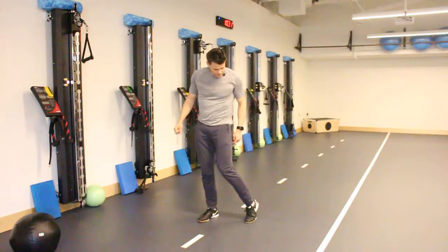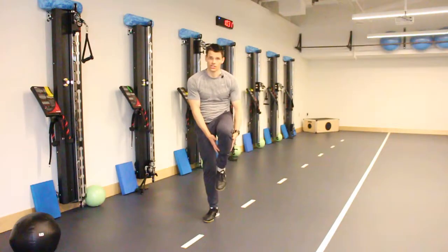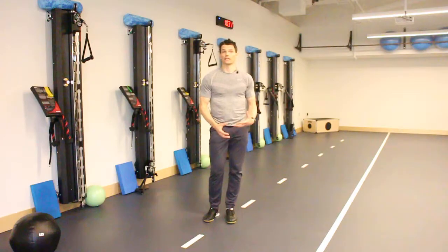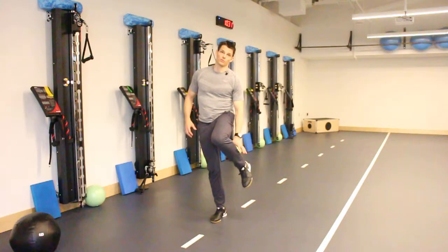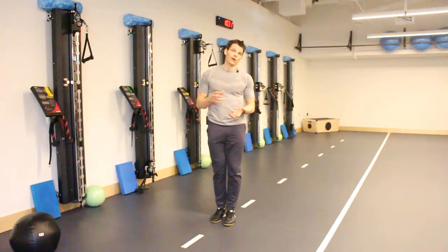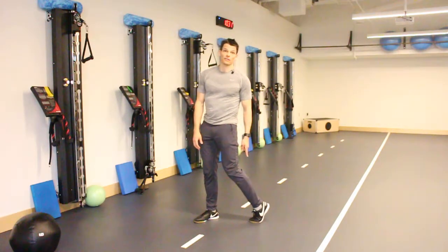Okay, so one of the things that can happen while you're sitting for long periods is that your blood pools down in your lower extremity. Your blood pressure actually kind of increases in your veins down here. You're more likely to get clots. And so one of the things that you want to keep doing is just keep moving your lower extremity throughout the day. If you can keep these muscles active, you can decrease the blood pressure in your veins from 90 all the way down to 20 just by activating those muscles down there. So one of the things we're going to do is just use your calf muscle like this and flex the